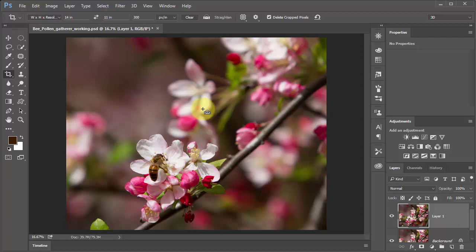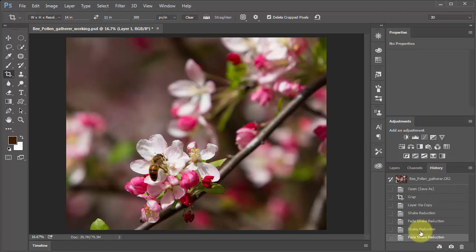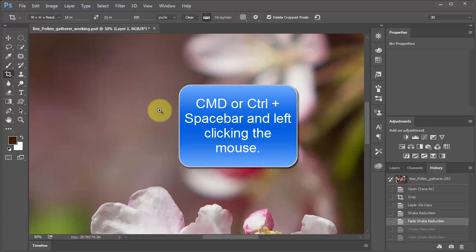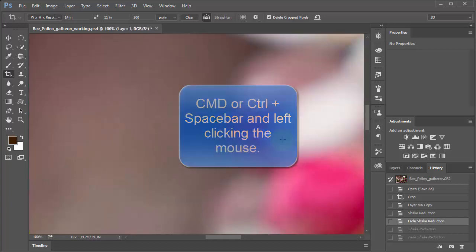Now we're going to look at some other sharpening methods down the road a little bit, but for now, this is a nice tool in Photoshop, but it could be that we would be better off, let's go to history again, and just do one shake reduction. So let's go back to this state and let's zoom in. So I'm holding down the Control key and the space bar, Command space bar on a Mac, and clicking my mouse. You see the dots are there,